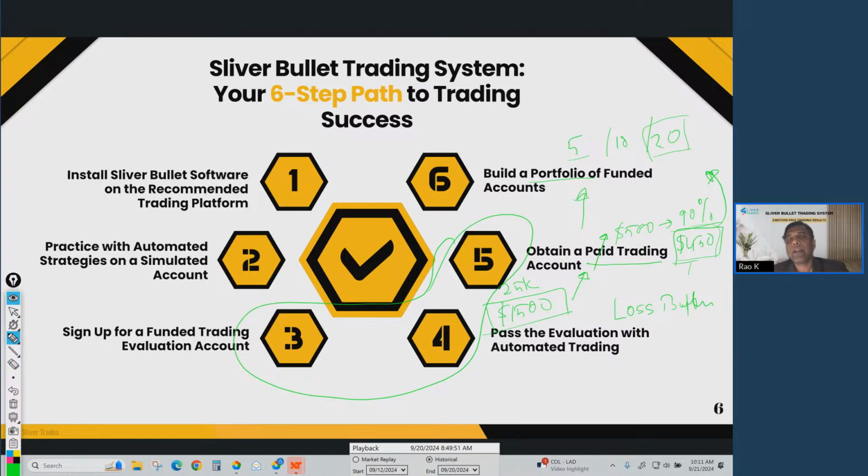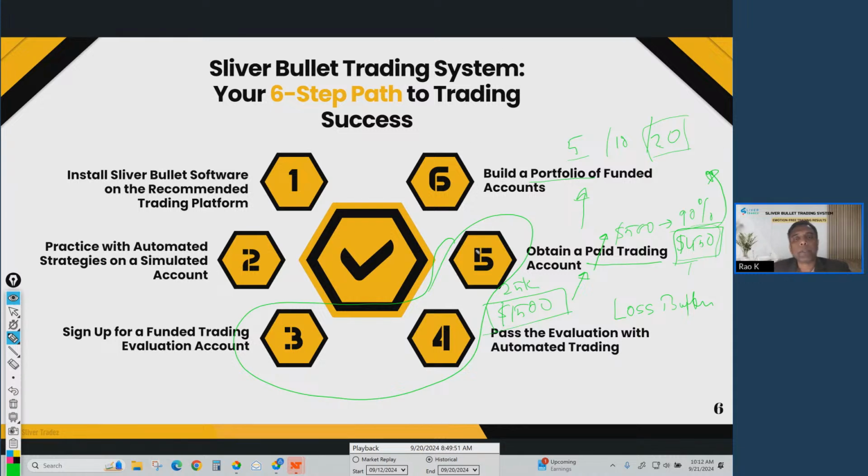accounts that you have. It's like acquiring rental properties. You acquire one rental property, put it out for rent, you collect rent, and then acquire one more rental property, again put it out for rent and collect rent every month. That way, people who are in the rental business build a portfolio of 10 properties, 20 properties, 50, 100. They have a chain of rental properties. So that kind of business model it is.